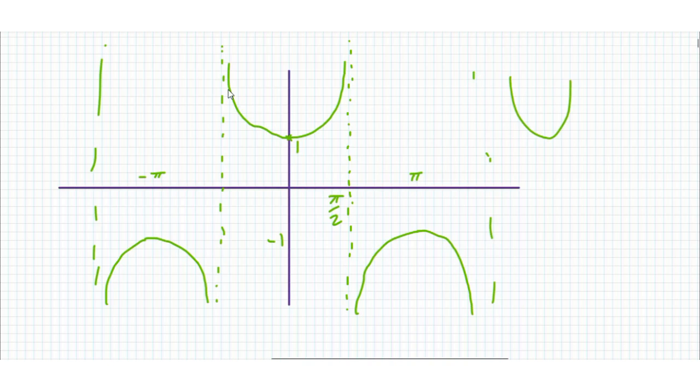So we get a shape like that, and a shape like that. I mean, that's a terrible drawing, but that gives you an idea of the graph, and that just keeps going, another asymptote, another asymptote. Okay, so let's rub out the green lines here,